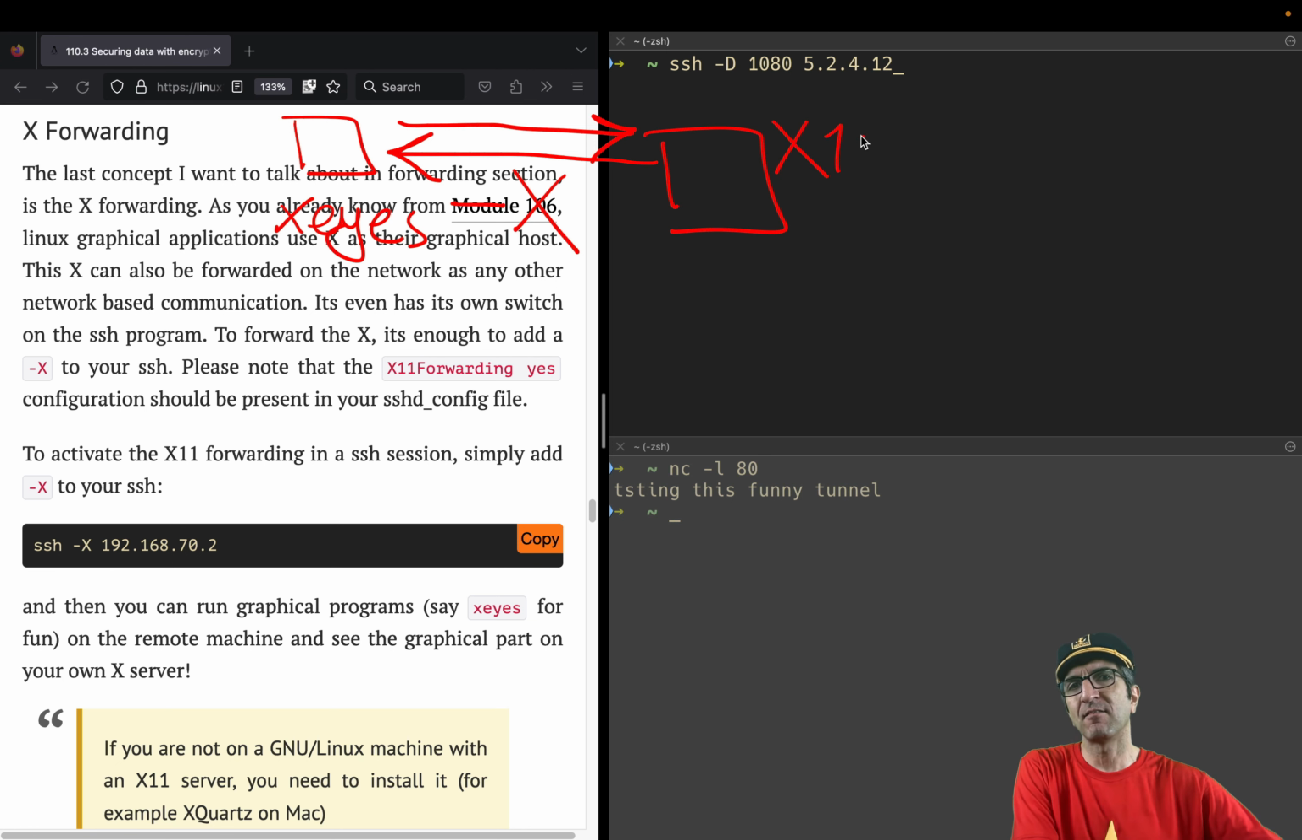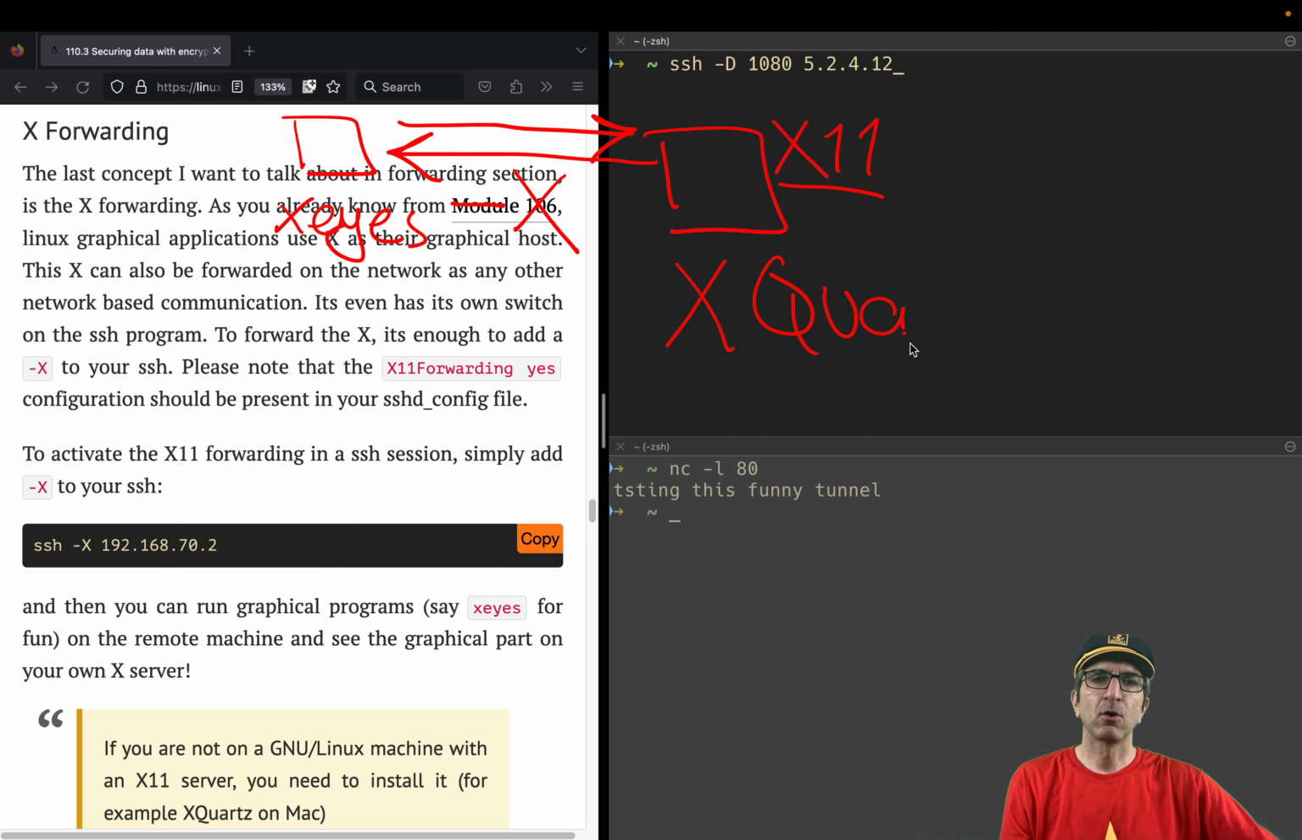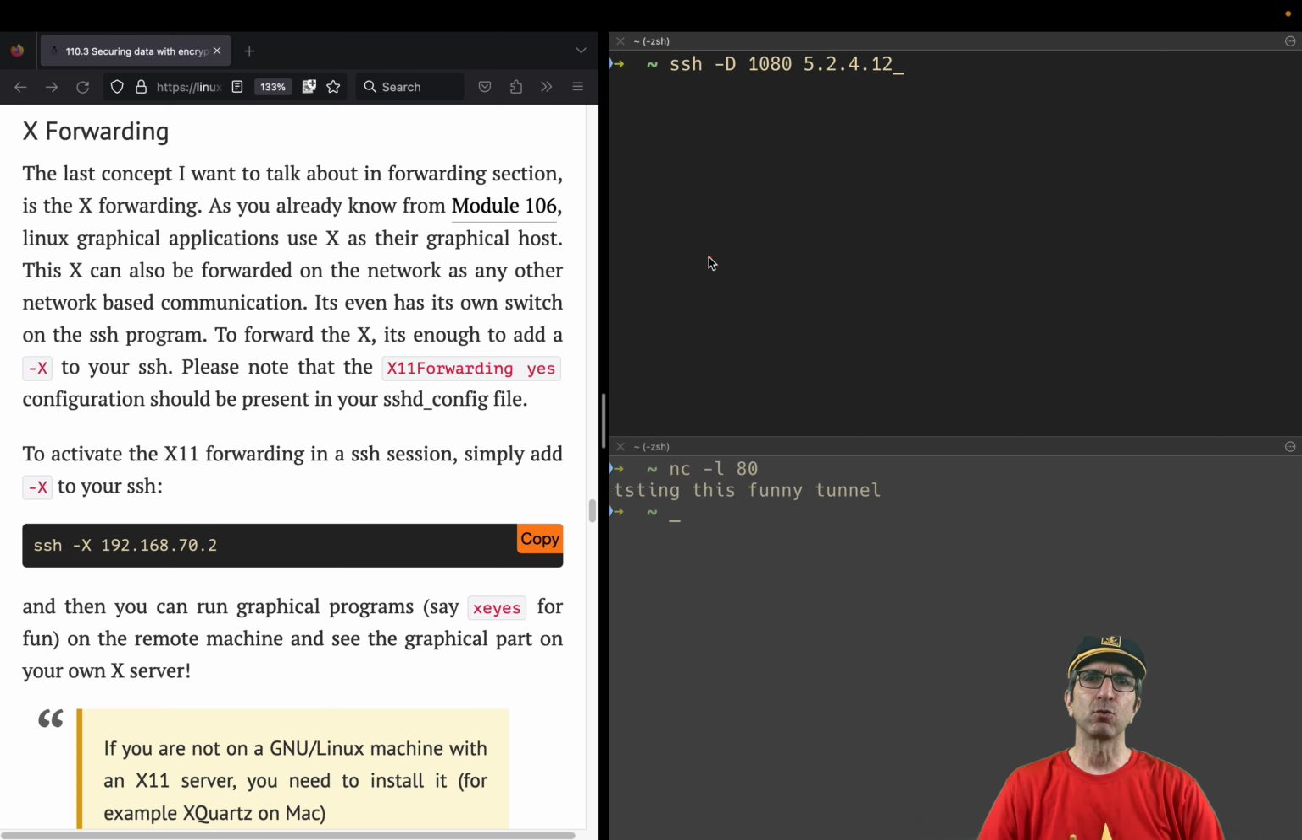For sure, you have to have an active and working X implementation. If you are on Linux, most probably you have it. If you are on a Mac, you can install software like XQuartz, which provides X for the Mac. Windows should have it too. So